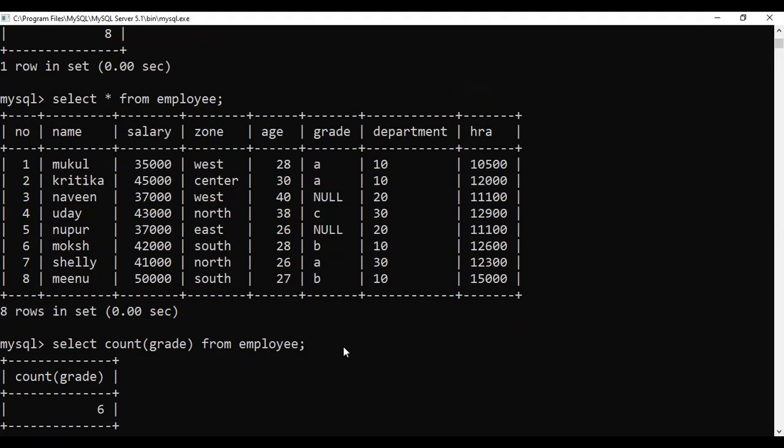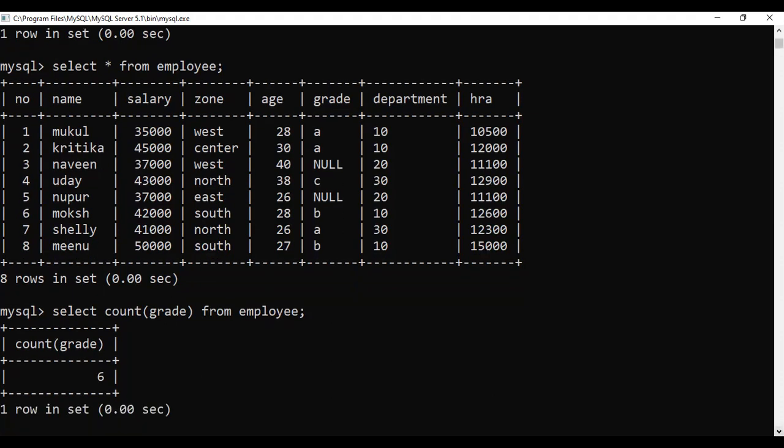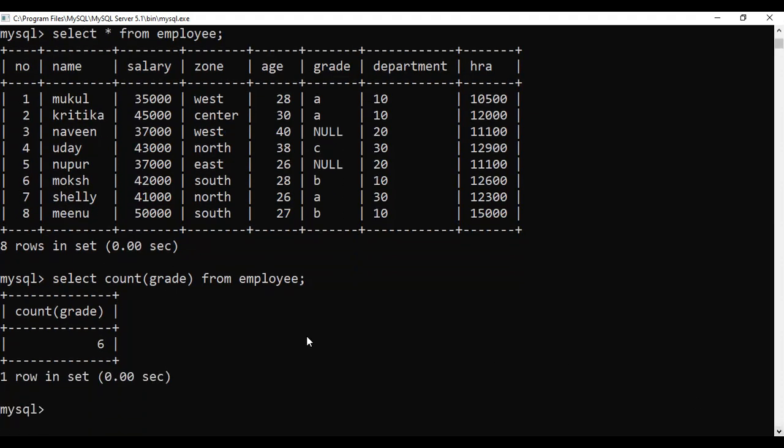What do you infer from those two statements? You have said there are 8 records, so the maximum records are 8. Count of salary gave 8, which means that particular column doesn't have any null values. But when you write select count of grade, you got 6. So what does it infer? That particular column has 2 null values. It returned the count excluding the null values.